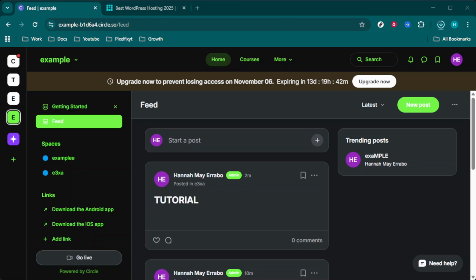And there you have it. You are now equipped to efficiently invite members to your Circle.so community. By following these steps,